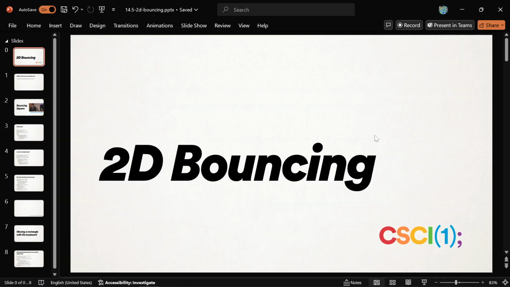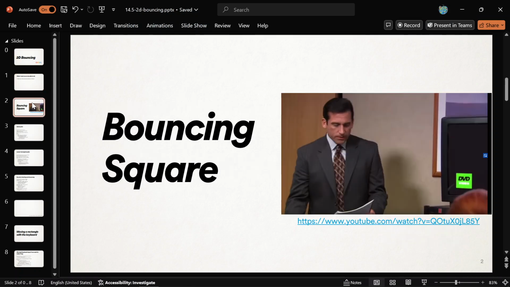So yeah, what I want to do today is do that 2D bouncing stuff like the Office episode. So I'm very excited. We're going to have that bouncing square bouncing around on the screen, and hopefully it might hit a corner, like was the objective of that scene, right? But the goal is to give it some random direction and have it just start bouncing around until it hits